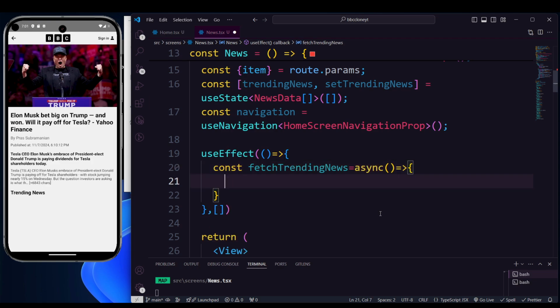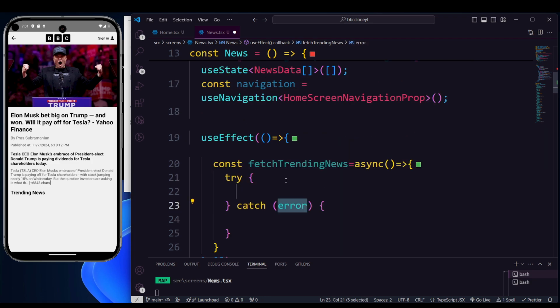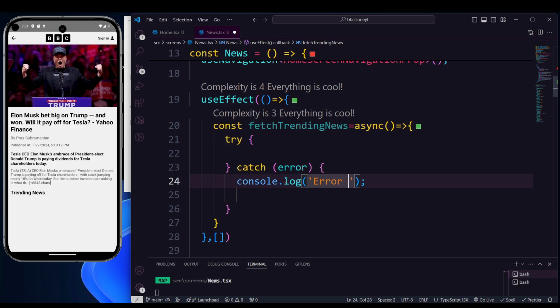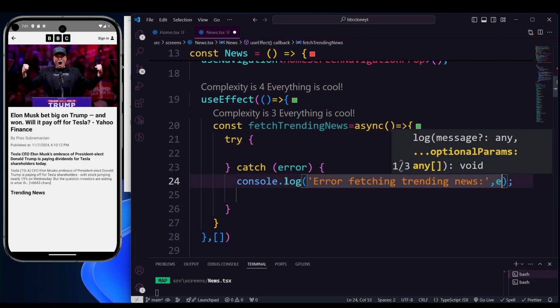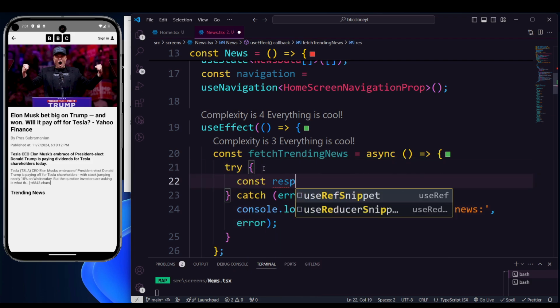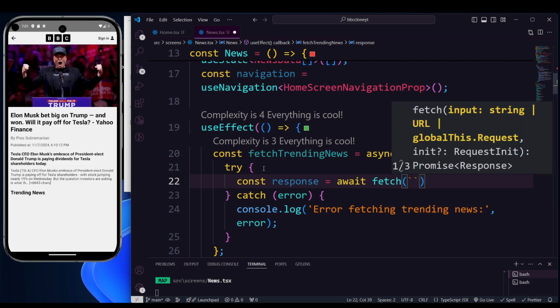Okay, here we are going to pass the responses to grab the call. So it should be const, and we can also define the try catch block here, and here we will just pass the error. So it should be "error fetching trending news", and we're going to pass the error if we are facing any error here. And now const response should be equal to await, and this time also we're going to fetch the response directly. And from there, in a similar fashion,